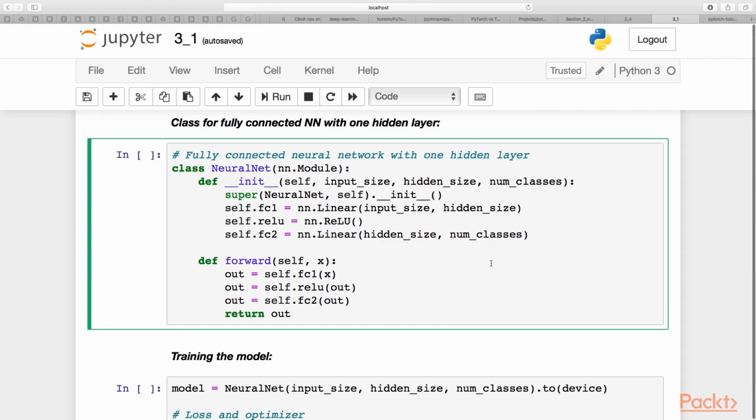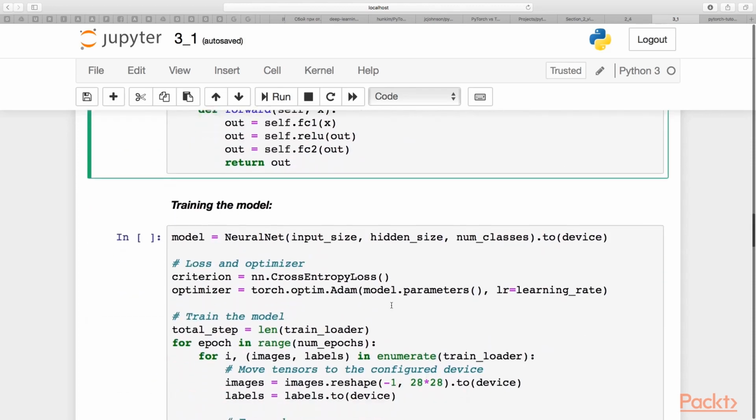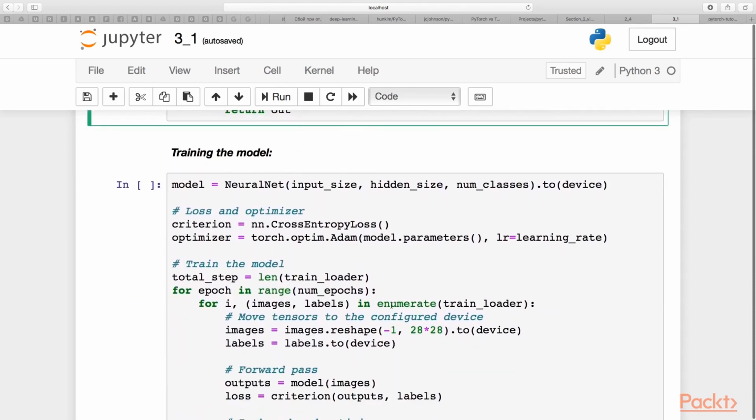Okay, also we need to write the forward pass function, which is pretty obvious. So first we should write fc1. Then we have the nonlinearity, and then we have another fully connected layer that we have named fc2. Okay, and then we return the result of all these operations. Cool. Sounds pretty obvious. Now we should train our model.